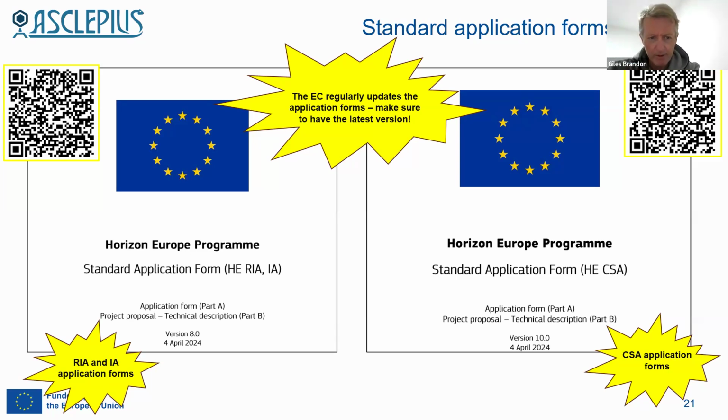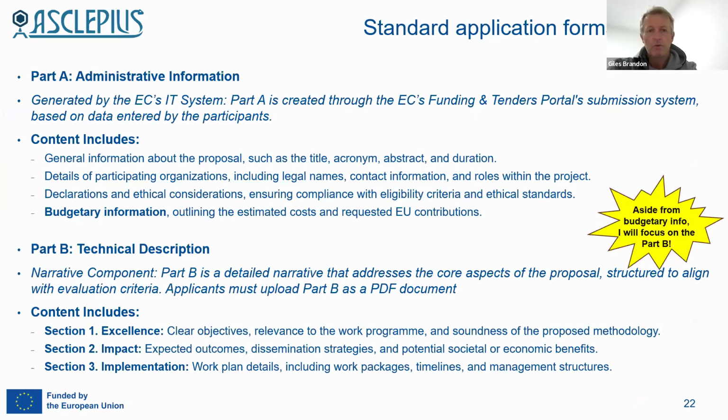Okay, right, look, that's enough about the standard application form on the left. The one on the right, in the middle, it says standard application form, brackets, HE, Horizon Europe, CSA, coordination support actions. So this is obviously the one, if it was a situation today that we were trying to write a twinning proposal, this is the thing we would need to download. And the QR code in the top right-hand corner will take you directly to the PDF file where you can download that. So we have these standard application forms,